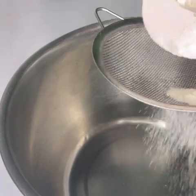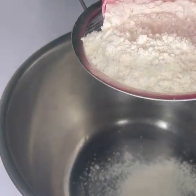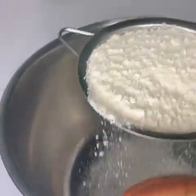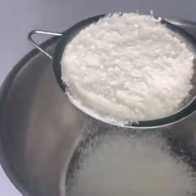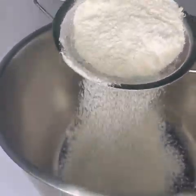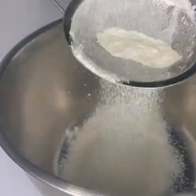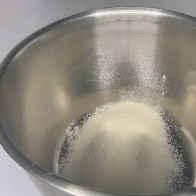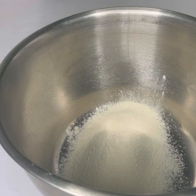ingredients. You want to ensure you sieve out your flour and in fact sieve out all the dry ingredients. So for my flour, I used about 110 grams of flour. Then I used an unsweetened cocoa powder, and for that I used about 43 grams. I'll also be sieving that into my